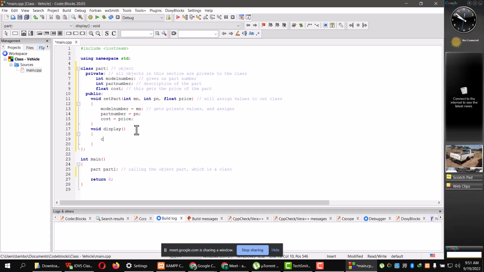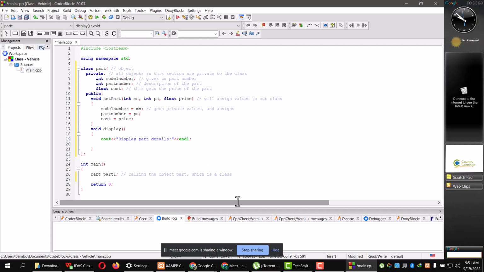So we can put a cout, and our cout gives us the following: display path details. We can put an end line, and then we want to display our content. So we can put a cout,